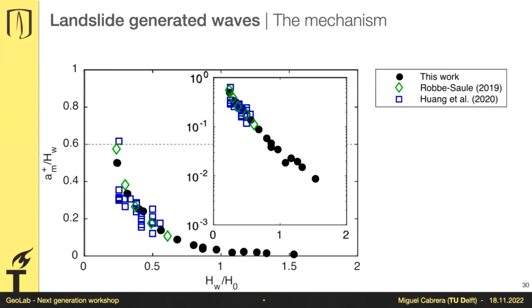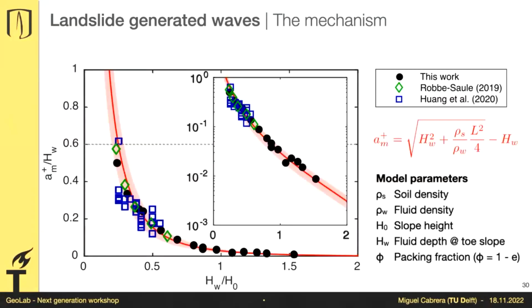And to our surprise, we came to this realization that if we take the equation I just showed you and we plot it here, we should expect an agreement. Our surprise was that the agreement was very good. The red line shows you directly the prediction from the simple equation. And the lighter band around it is just a 5% error, because, come on, it's a simplification. And again, the only model parameters you need here are very simple.